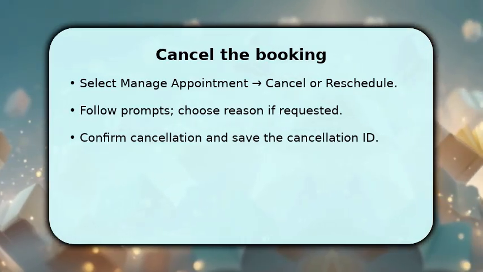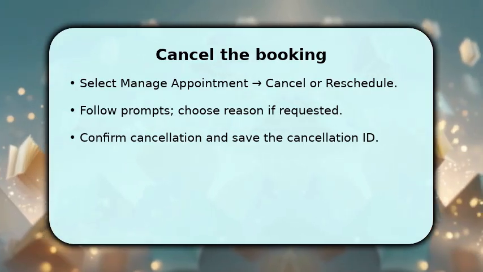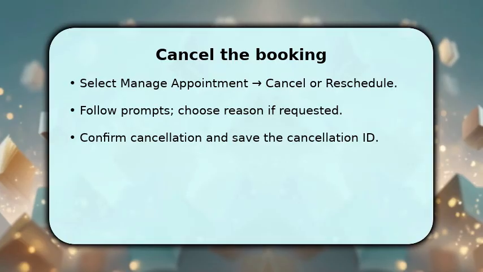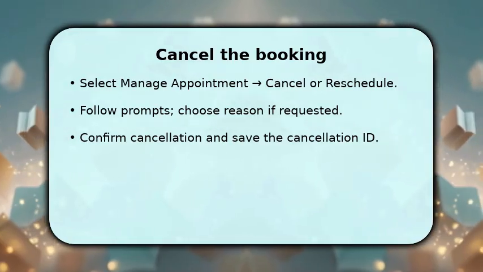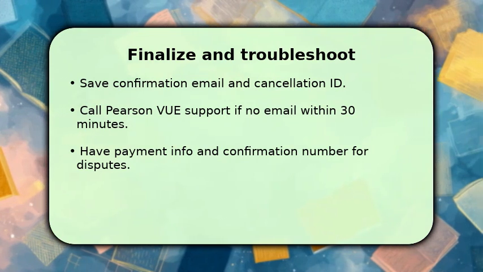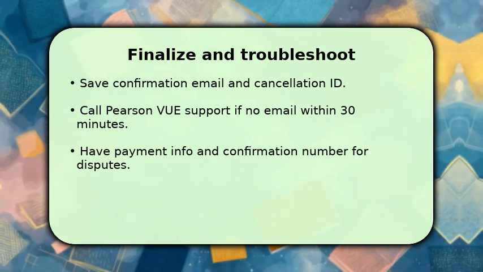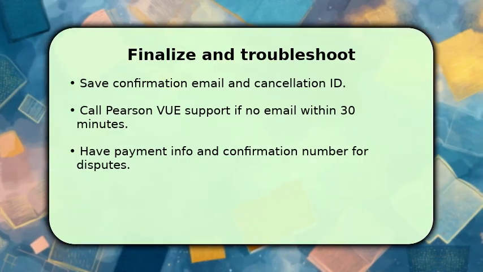After cancellation, copy or screenshot the cancellation ID and email receipt for records, since you'll need proof if disputes arise. You finish by checking your inbox for the cancellation email and saving the cancellation ID now. That closes the loop. If the email doesn't arrive within 30 minutes, make sure to check spam, then call Pearson